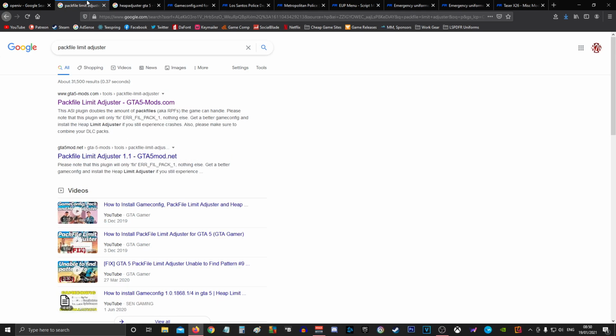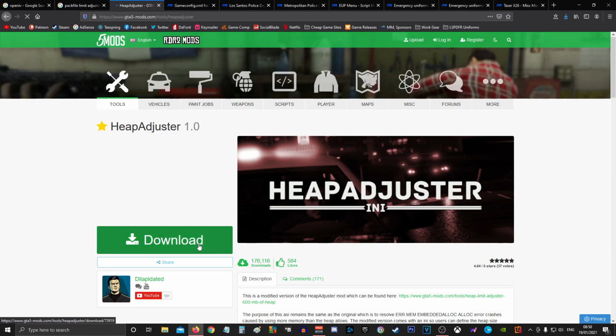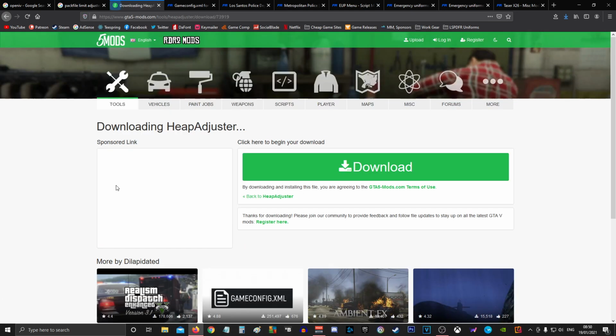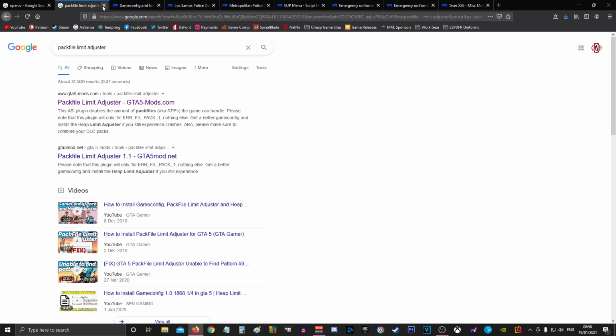So they're on GTA5mods.com, just the pack file limit adjuster and the heap adjuster. You can find those, Google them, they're going to pop up straight away. And then all you want to do is click download, it's going to take you to another page when it wants to work. Download, then click there to download, and then simply all you have to do with those two, I'll close them